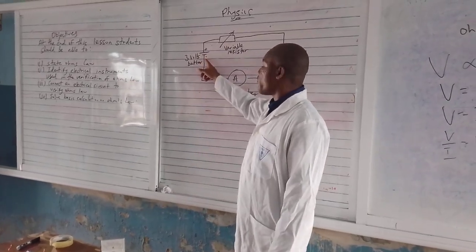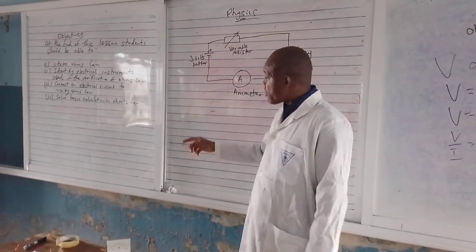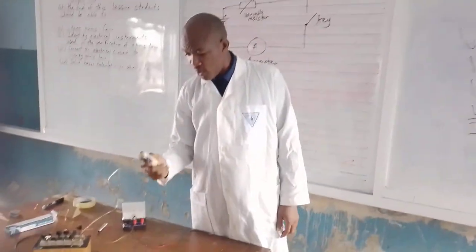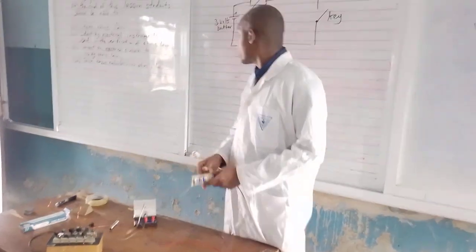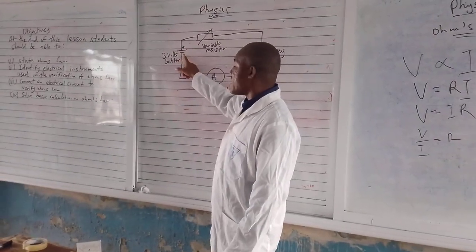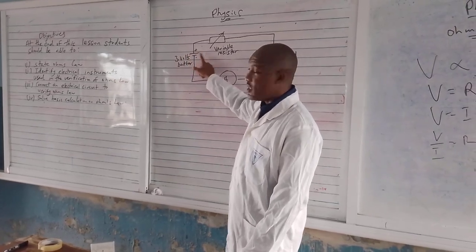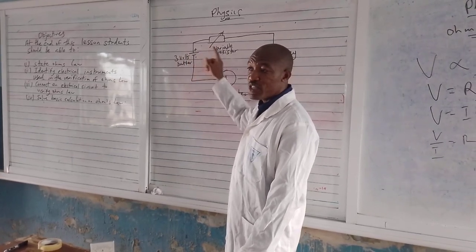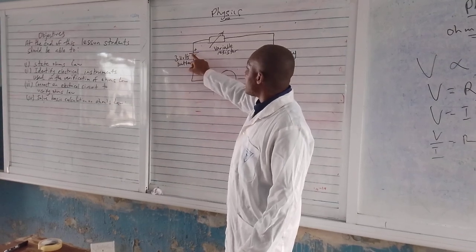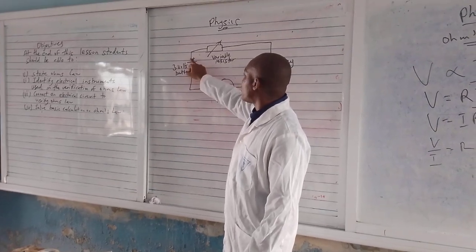This symbol is for the battery. We're going to make use of a 3-volt battery. Look at this, this is a 3-volt battery. Here you can see the positive and the negative side of the battery. The side with the big stroke is for the positive, while the side with the small stroke is for the negative. There is a wire connected to the positive end of the battery